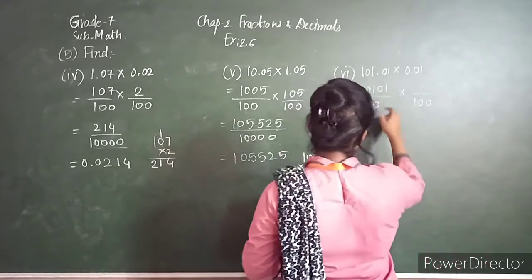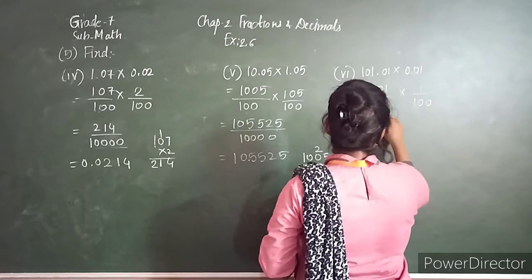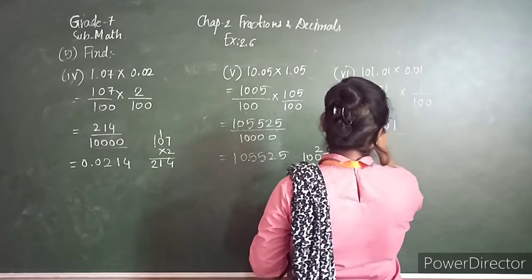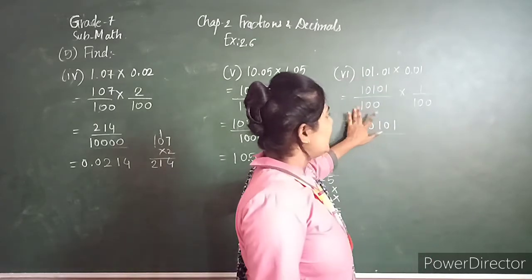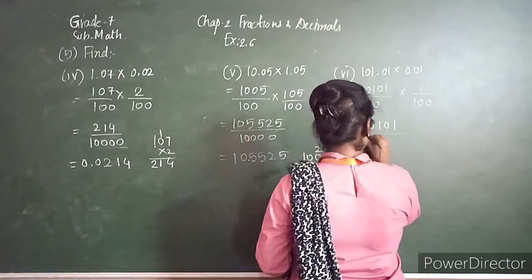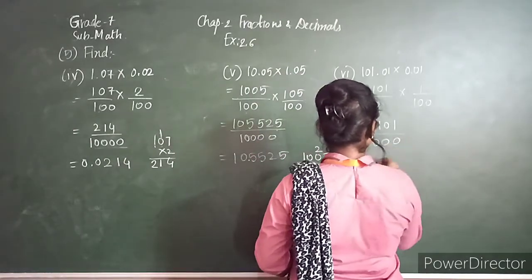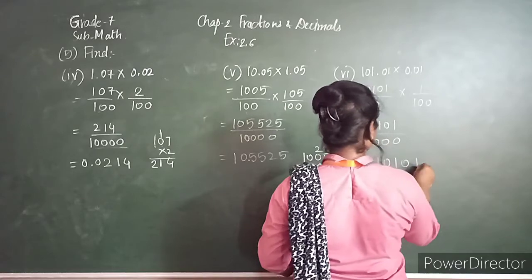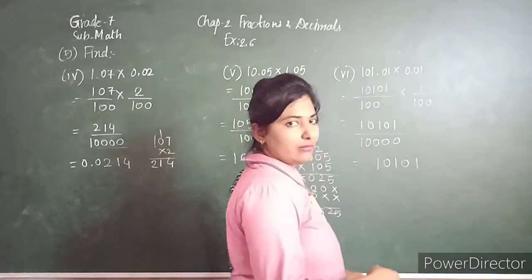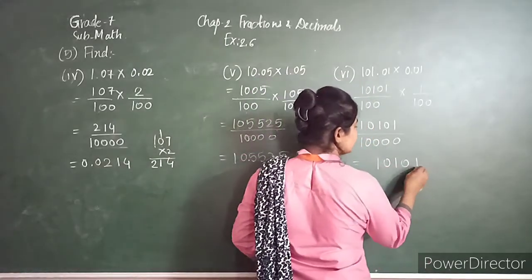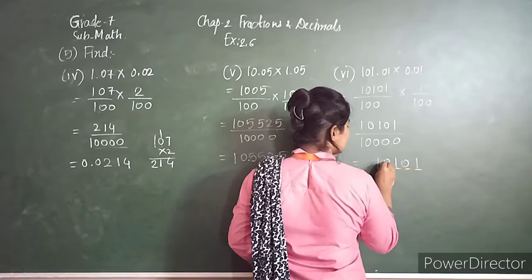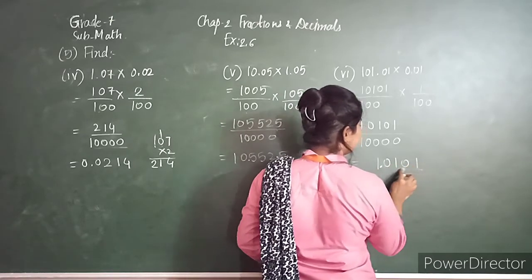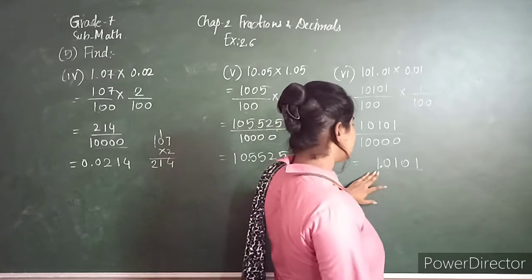So here 10,101 multiplied by 1, so it is 10,101 upon 100 into 100, that is 10,000. So here 4 zeros are there, so we have to put point before 4 number. So we have to count it from backward sides 1, 2, 3 and 4. So we have to put point before 4 number from back side. So our answer is